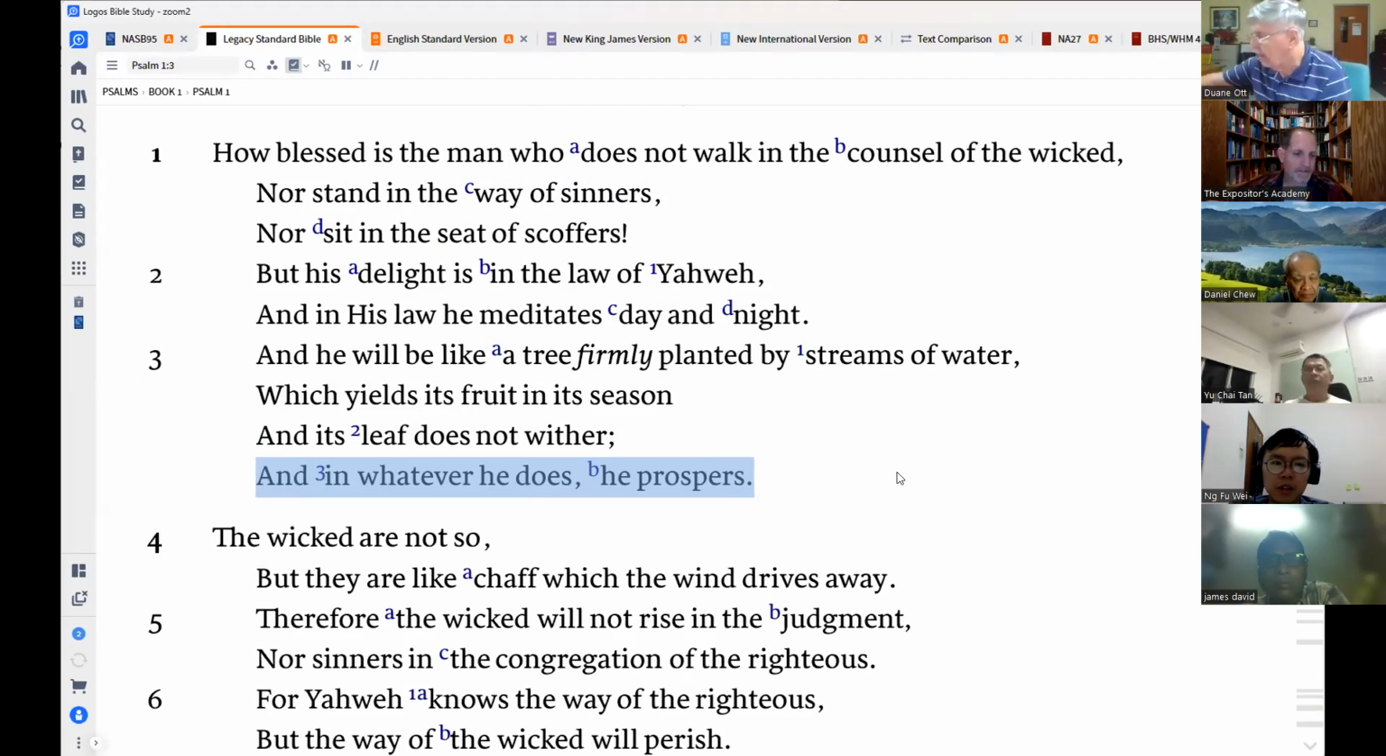So maybe it was a red tree. There it is, prosperity gospel right here. But